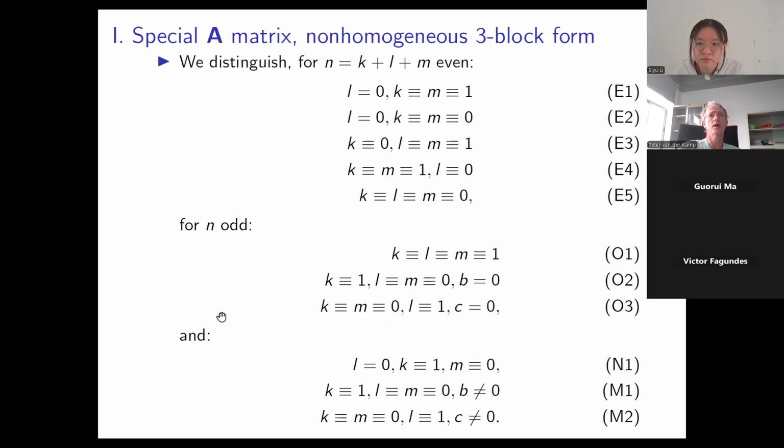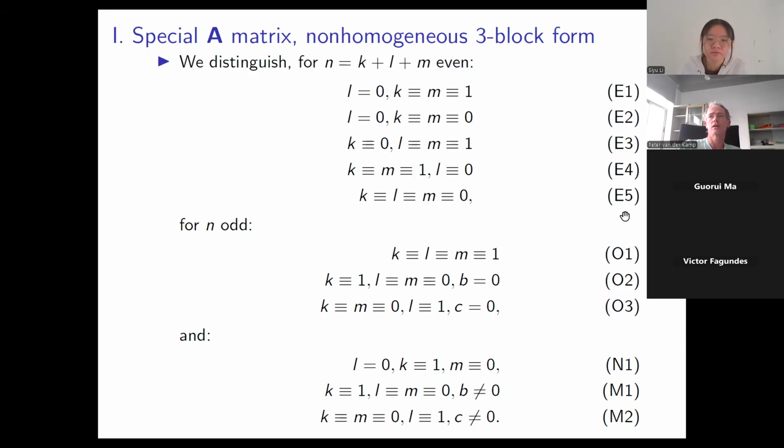And let's start with part 1, the special A matrix. So the antisymmetric with ones on the top right and minus ones on the top left, and this block system of non-homogeneous terms. So it depends on whether the blocks are odd or even. And then we get lots of different cases. So I won't go into too many details, but there are 5 different cases which are odd, even, odd, even. The E stands for even, of course, and the O stands for odd.